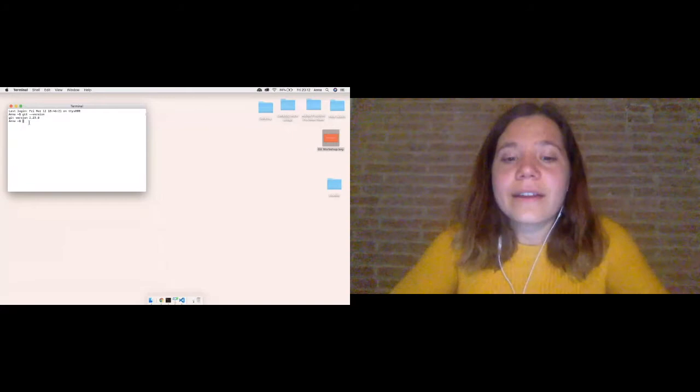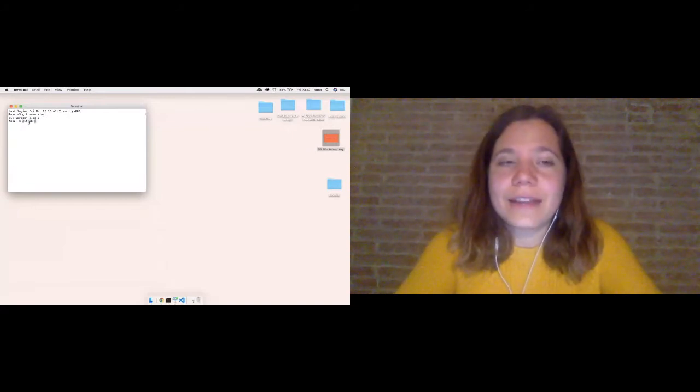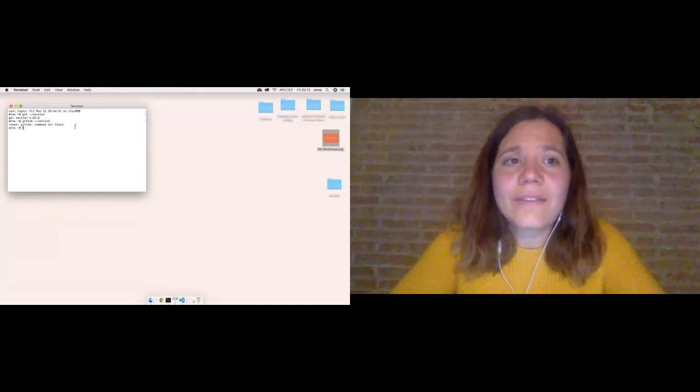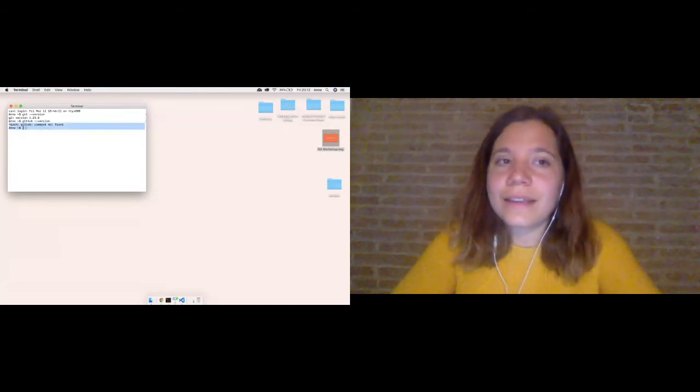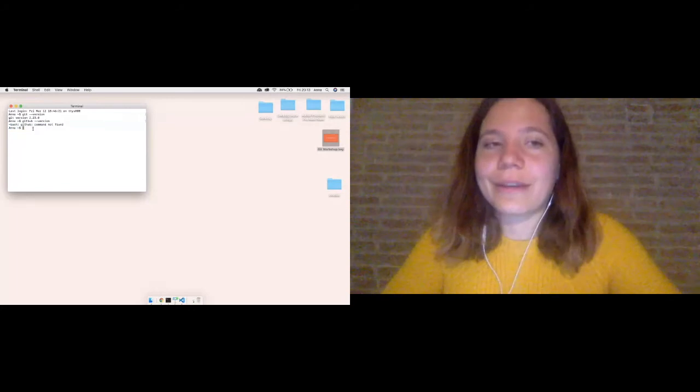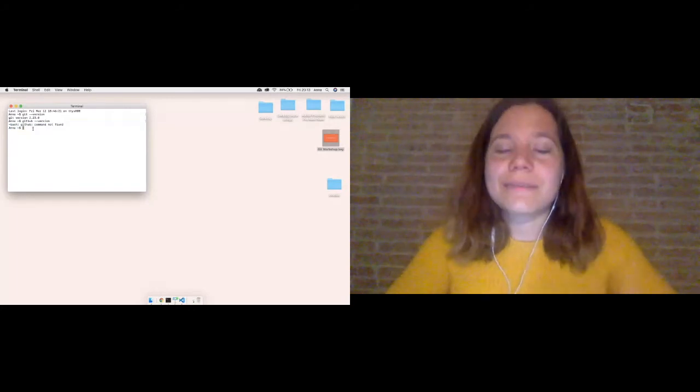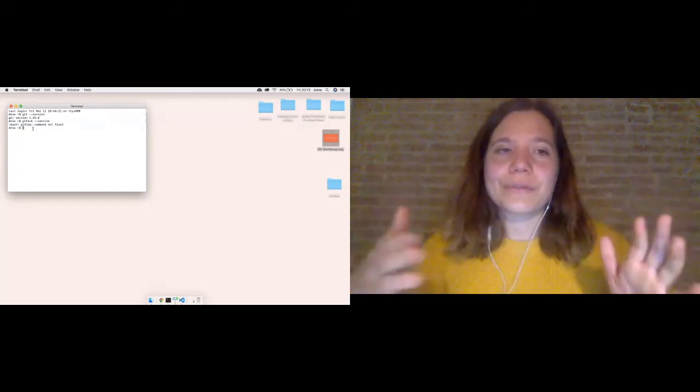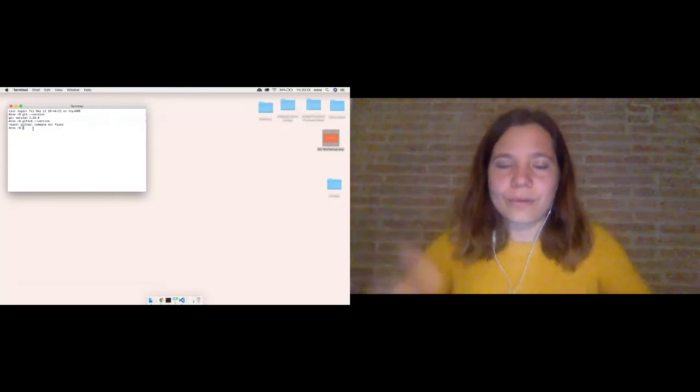On the other hand, if I were to type in github --version and then press enter, it's going to tell me I have no idea what you're talking about, because GitHub isn't a program downloaded on my computer. GitHub is simply a company that allows me to host my projects that use Git on a remote server somewhere.